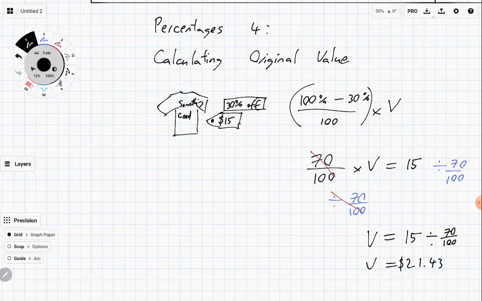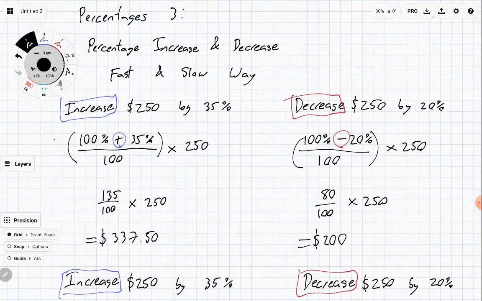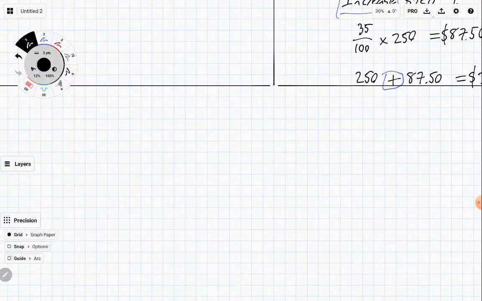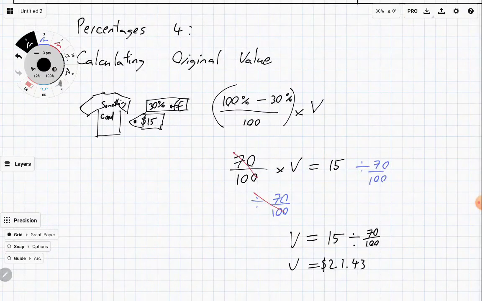Alrighty. So that was the original value of the shirt, which makes a lot of sense as well, right? Because it's only $15 and it's only 30% off. So it makes sense that it's a little bit bigger, but not that much bigger. Alrighty. I often find that it's a really useful thing to learn how to do the opposite of what we've just done. In percentages 3, we were doing these exact calculations the other way, right? So when we're working backwards now, it's really helpful to be able to know how we would work forwards and just substitute anything we don't know